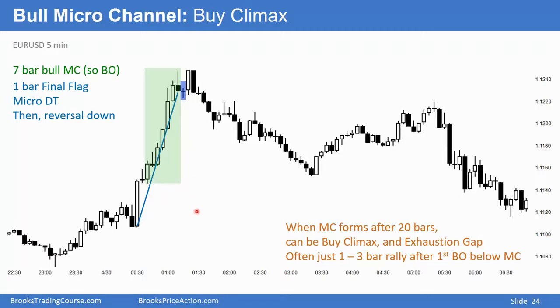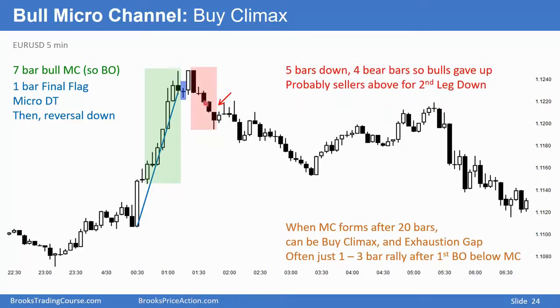That will probably pull back 5, 10 bars or more. A micro double top. The bulls quickly gave up. They quickly decided that it's not worth being long. And this reversal down is the start of that give up process, the bulls selling out of their longs and the bears selling into shorts. After 3 or 4 consecutive bear bars closing near their lows, bulls will sell and bears will begin to sell as well, expecting at least a small second leg down.